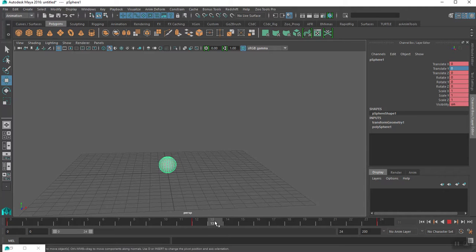Alright, so what we didn't explore with the pendulum is how we can change the timing in the timeline. So with the ball selected, we see all these red ticks in the timeline, and I'm sure with other animation packages like Toon Boom, you know how to select your keyframes and move them around in the timeline. So we can do that in Maya as well. And how we do that in the timeline here is if I hold shift and drag across around a keyframe, I don't even have to drag that much. I could just do maybe 1 or 2 keyframes before and after, and we see these little arrows here. The center arrows are what I'm going to use to click and drag